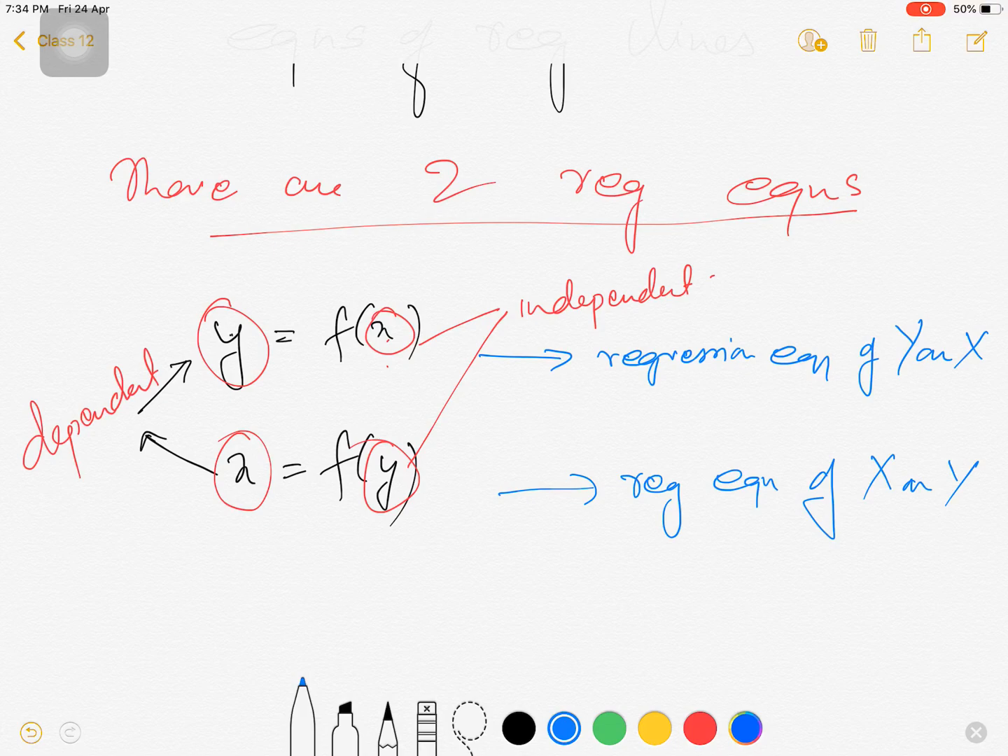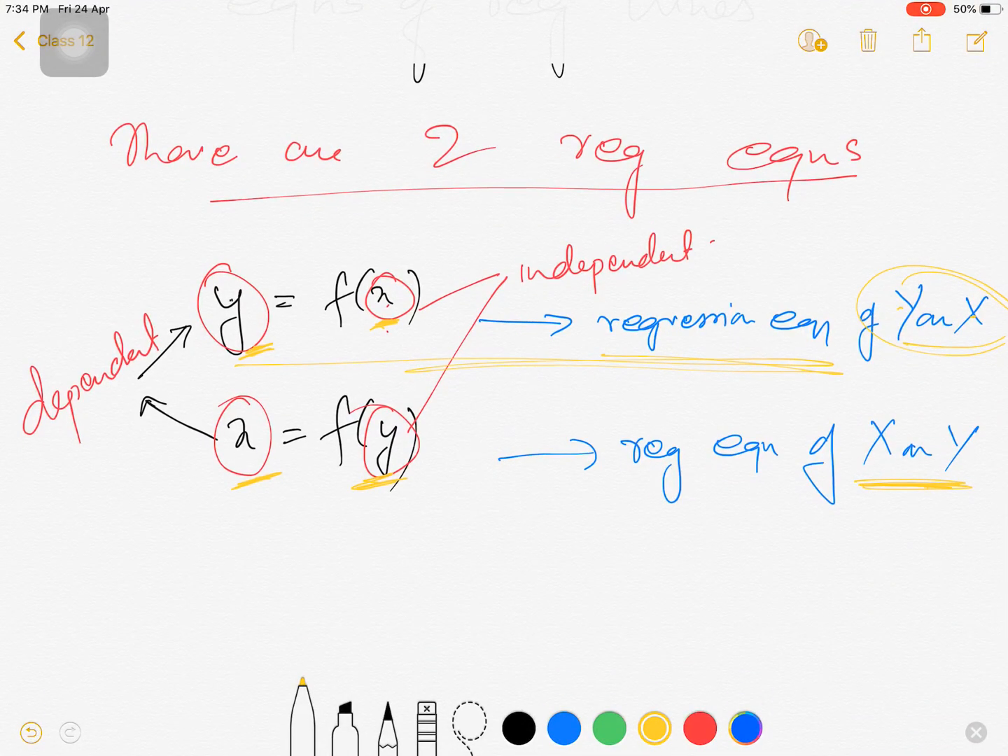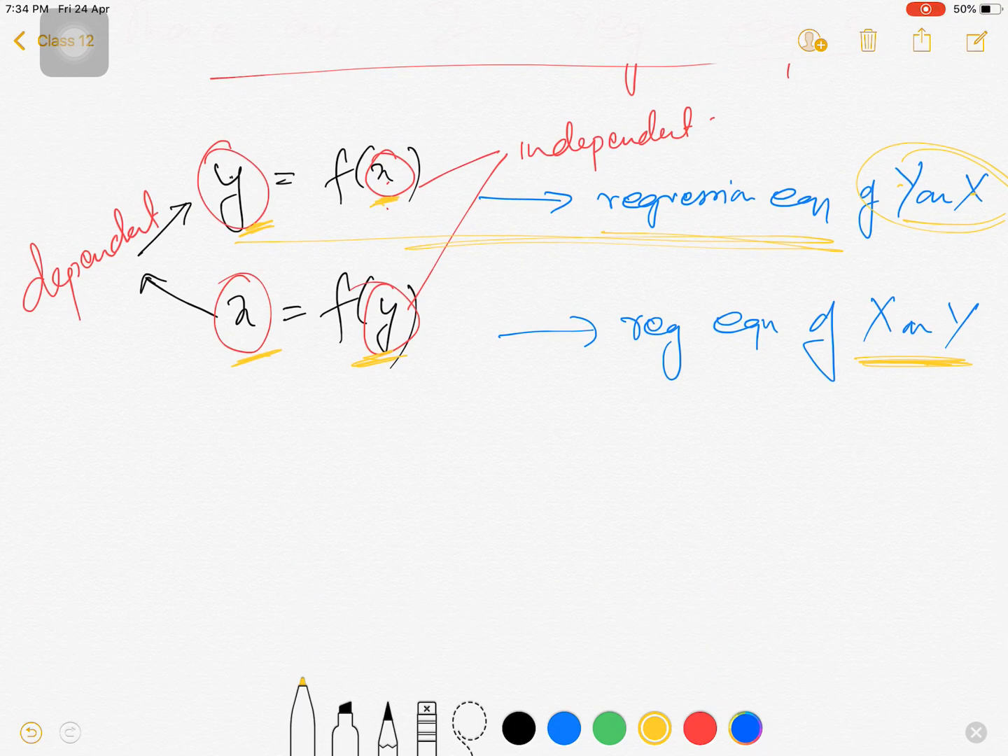So how to recognize them? Very easy. When you say y on x, see the order. Look at the first one: when you say y on x, you have y in front and x later. That means y is dependent, x is independent. When you say x on y, then x is dependent, y is independent. That's how it works. So there are two formats of regression equations. We're just talking in general about how they look. Great. Next comes